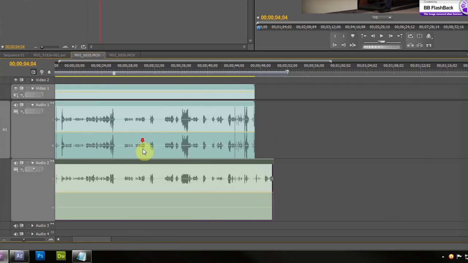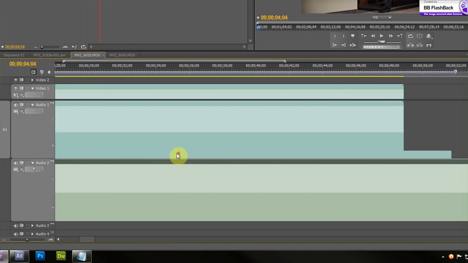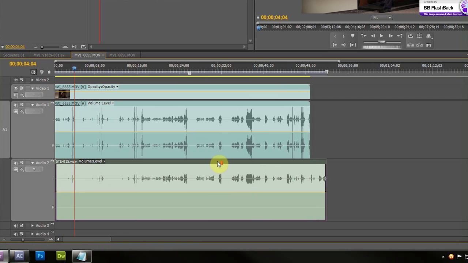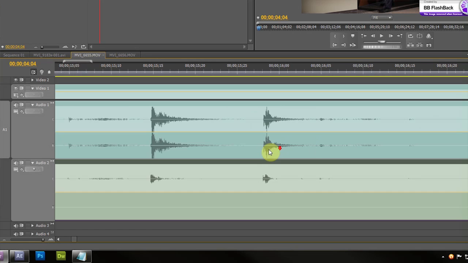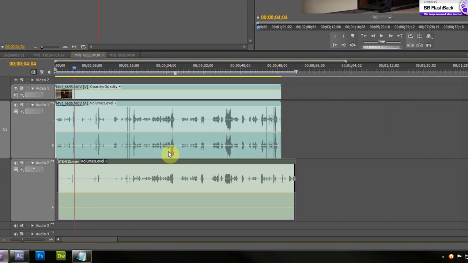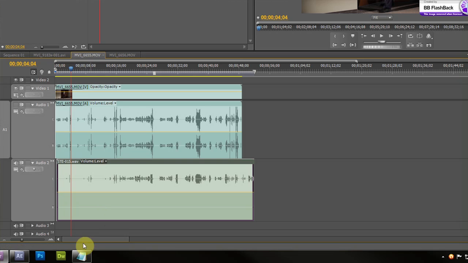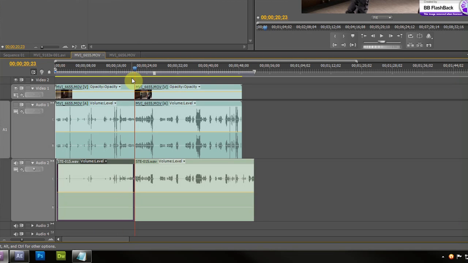Just also a quick tip, I'm holding down Alt while I use my scroll wheel to zoom in and out. Really nice and easy, especially if you've got a free scrolling mouse wheel that doesn't click. All right, so that looks pretty good, and then just mute the audio on the clip itself, and then we've got this. And a way that you can start editing once you've got the clip with your audio synced is you can go through here and get the piece that you want out of there and hit Control K to put a slice in there,